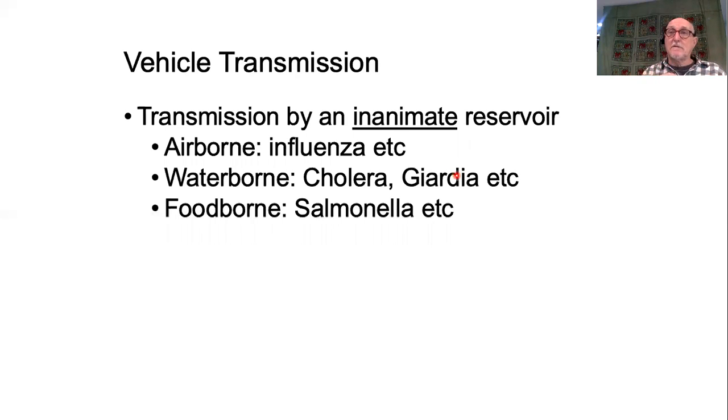The second vehicle of transmission is waterborne disease, which is hugely important on a population basis around the world. Diseases like cholera and many other diseases which are carried and stored in water, survive in water sources